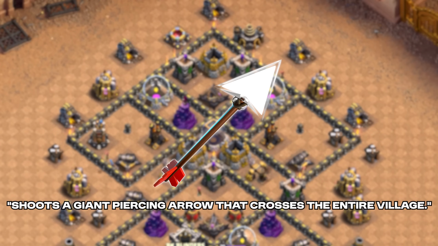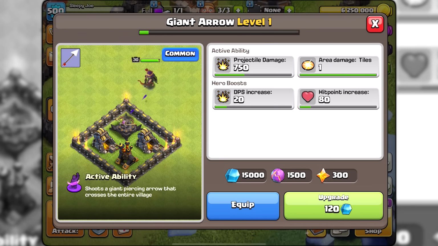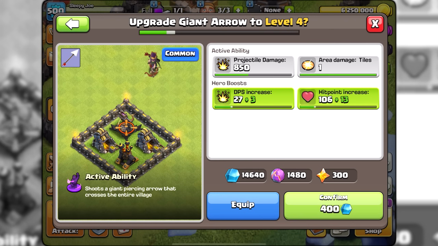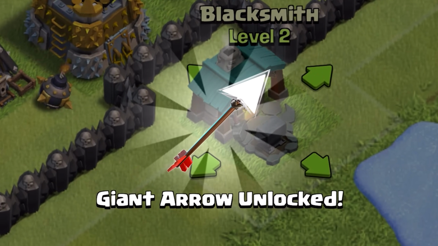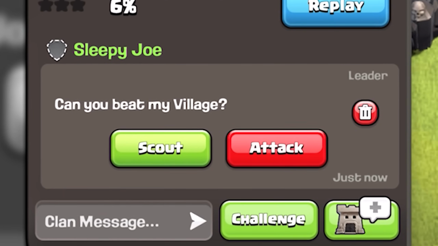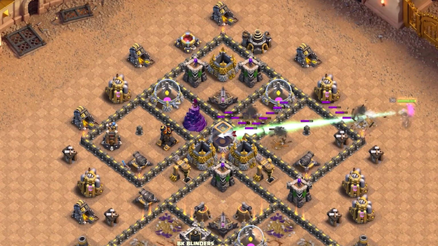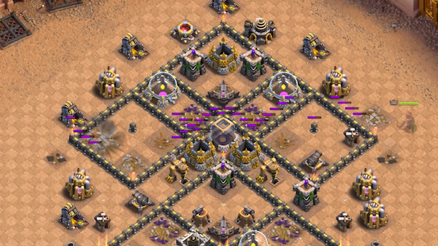the giant arrow ability. If you want to keep using Dragon Army, you should 100% prioritize upgrading the giant arrow equipment first. In case you just unlocked it, I would definitely advise you to practice aligning your queen with the buildings in friendly challenges before you actually take it to battle. In this case I managed to use the gold mine to line the queen up to destroy both of the air